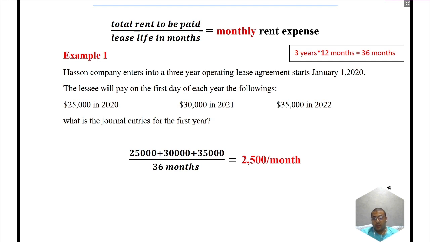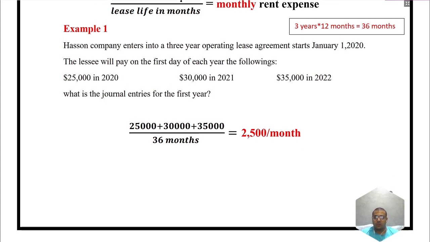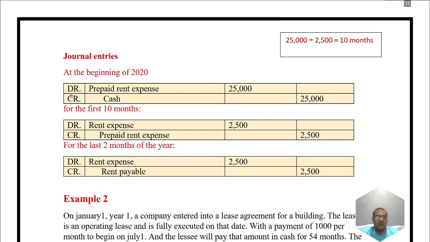In 2020, at the beginning of 2020, I'm gonna pay $25,000 in cash, right? So my credit side is the cash. So what is my debit side? My debit side here is prepaid expense. So let's see our journal entries. At the beginning of 2020, we're gonna debit the prepaid rent expense and credit the cash with